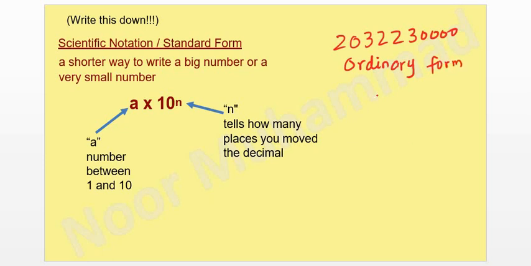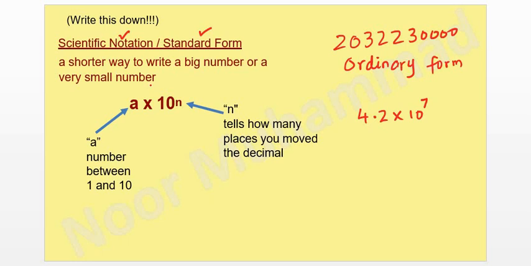But if you write a number with the powers of 10, for example, if you write 4.2 times 10 to the power, let's say 7, this one is also a very large number, but it has been written in a shorter way. So scientific notation, or you can say the standard form, is a short way to write very large numbers or